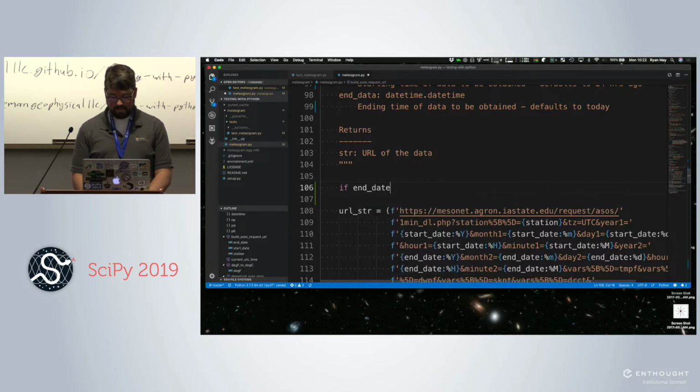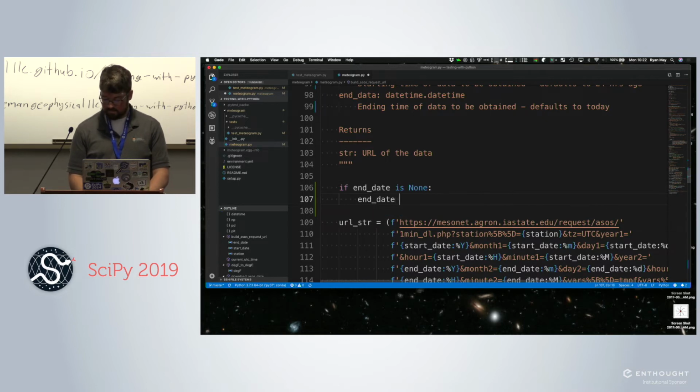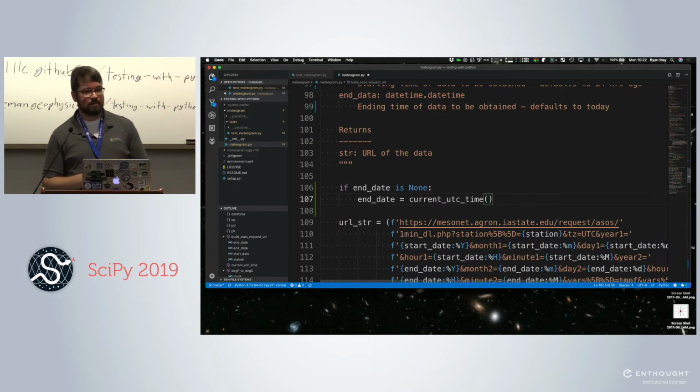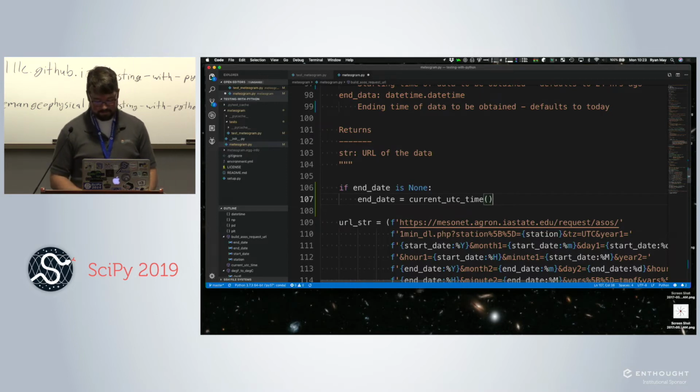So if inDate is none, inDate equals current UTC time. This is another function in Mediogram that gets the current UTC time. And you might say, well, why would you have a function for that instead of calling datetime.utcnow? That will become clear in just a few minutes.